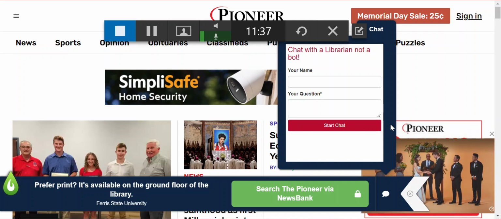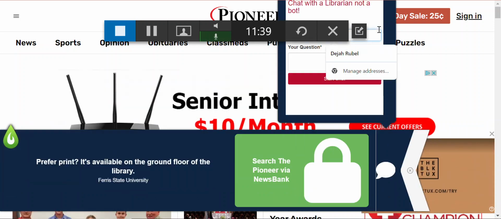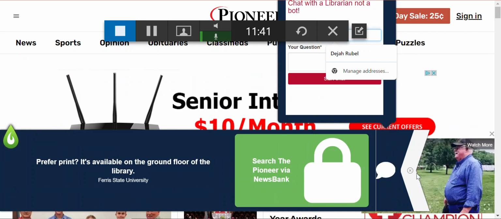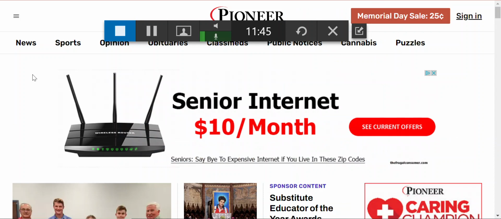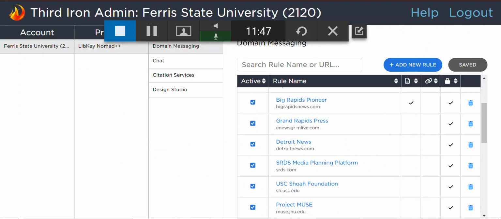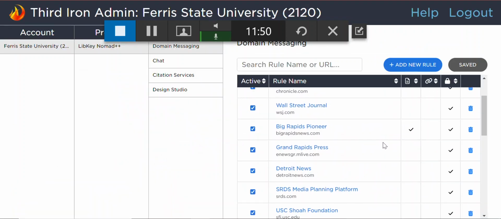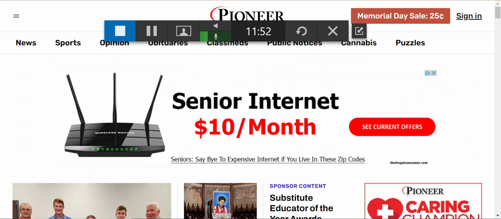So that's why I was like, is my chat working? Is my chat not working? I don't know. And now it's doing a very large, okay. I think this has something to do with my zoom settings because I'm blind and have to make things large. So that's good. Wall Street Journal, for some odd reason, I thought we still had a direct subscription to